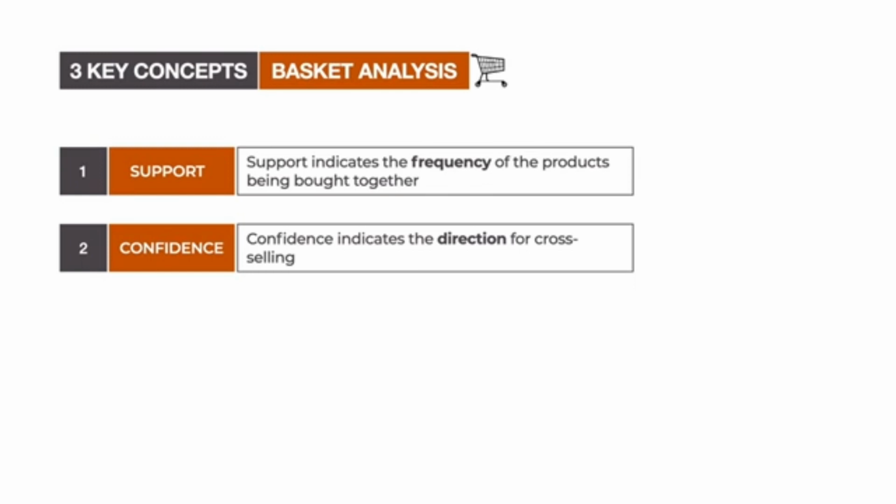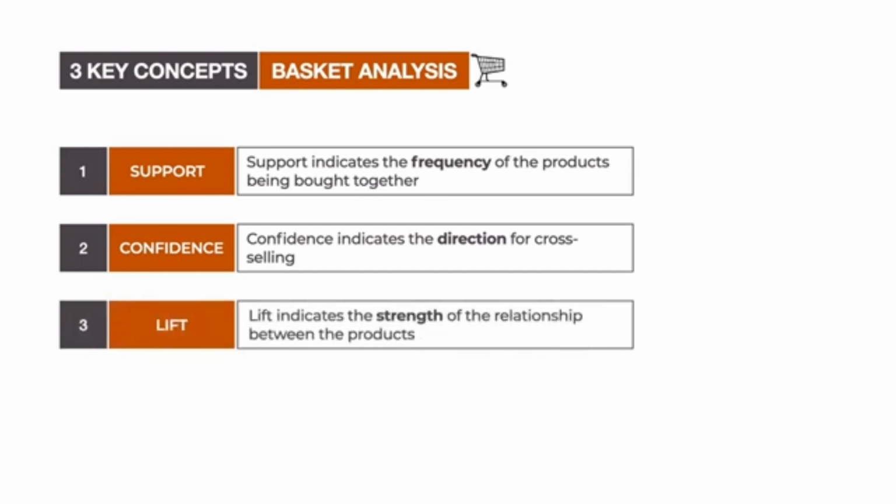So that direction of cross-selling is determined using confidence values. And lift indicates the strength of the relationship between the products. And that also we came up with a really strong value for our basket of berries and whipped cream, indicating a really, really strong relationship. So now you should have a really good understanding of